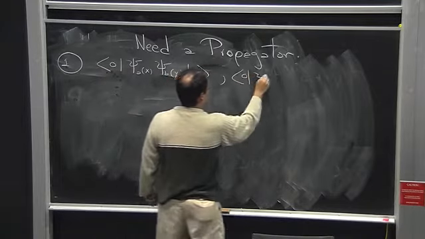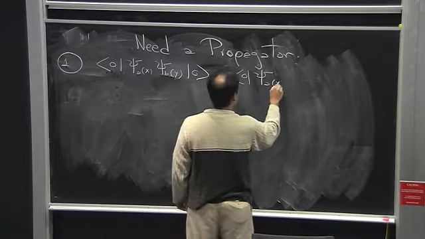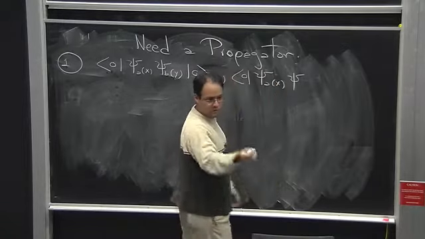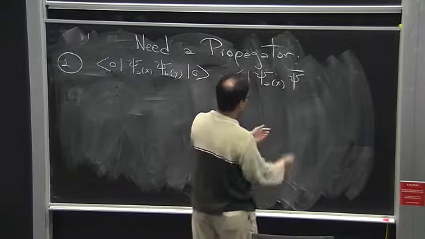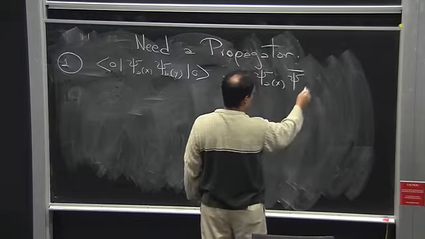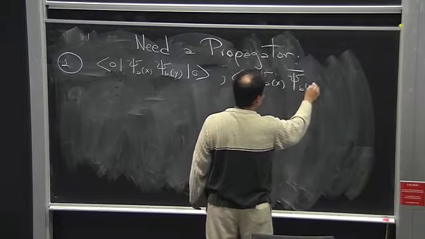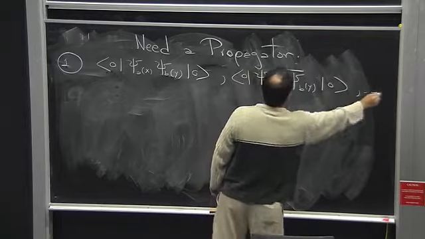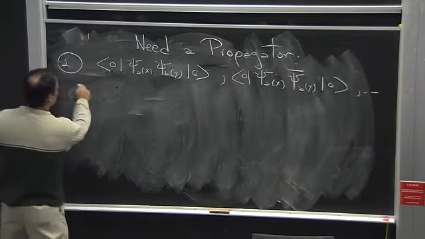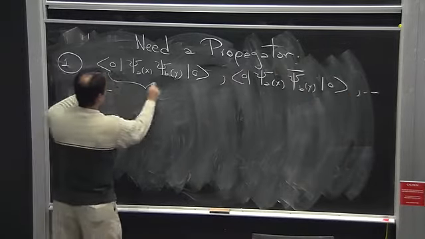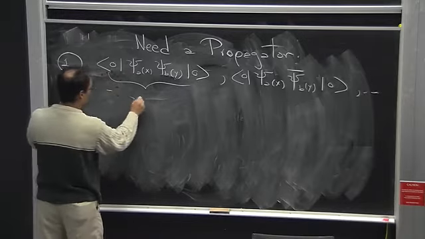Here it's more convenient to use a bar. It's the same because I'm just labeling a component, so it doesn't matter. We could go on and compute all these and define this object to be